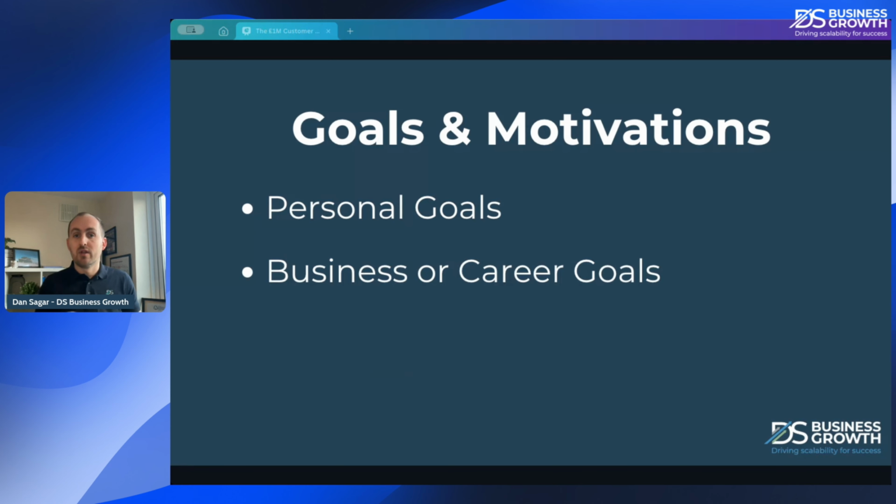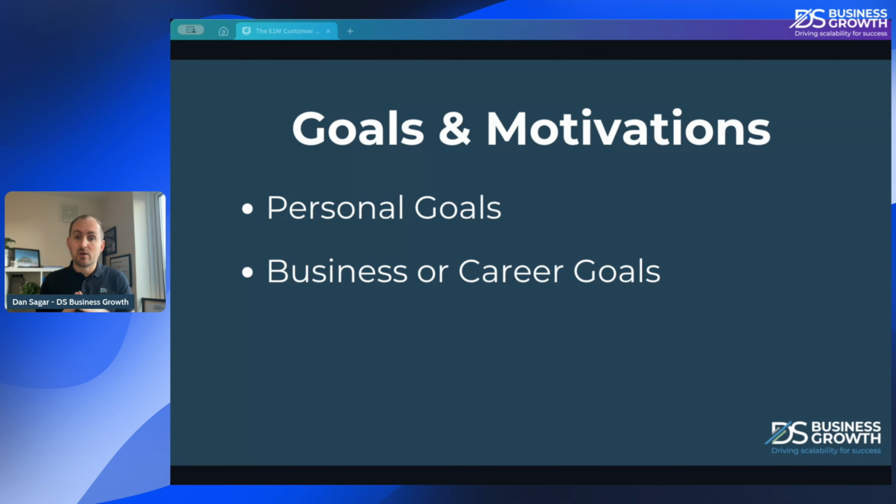And then once you've done that, then you think about those business or career goals. Okay, are they building perhaps a business to sell? Are they building a business where they can remove themselves from the day-to-day? If you're working with people that are employed, what are their career goals? Are they striving to get to that director level? Are they striving to take over a business? What are they trying to do? Or perhaps they're just trying to hit their next promotion.